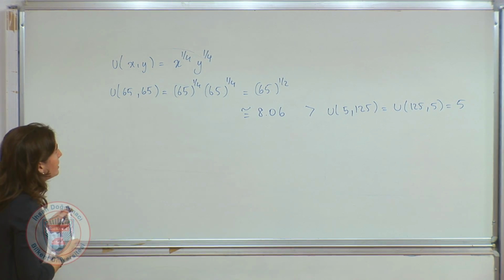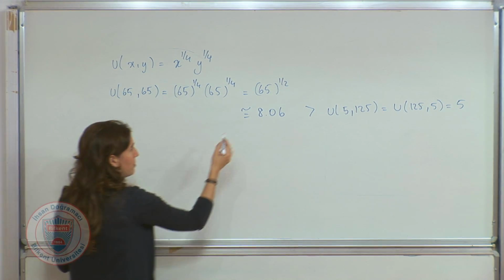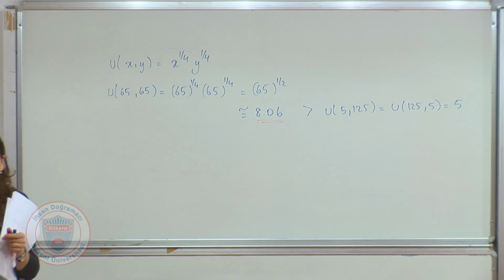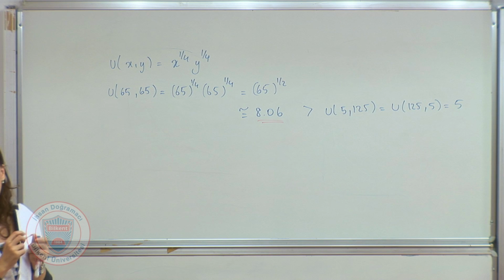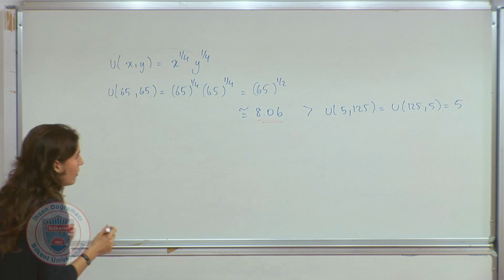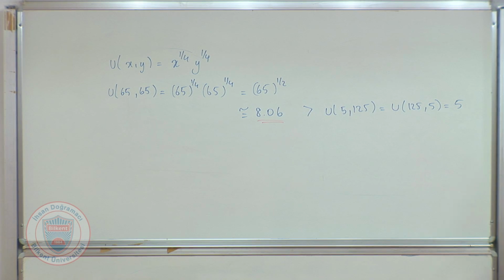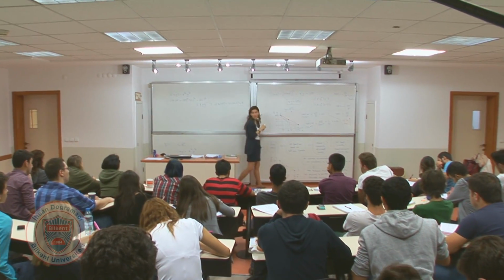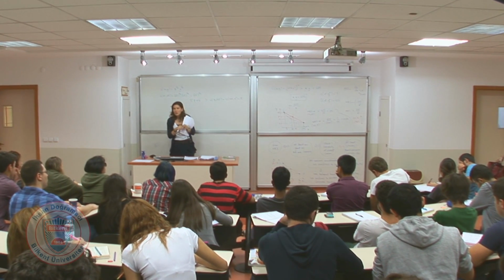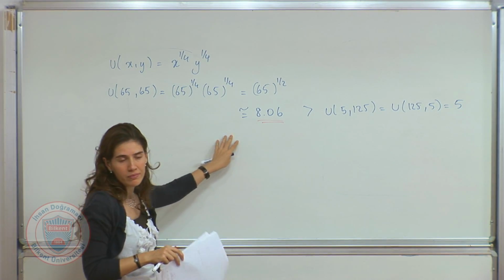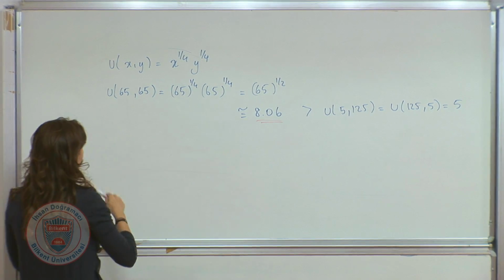So you see that the midpoint is actually providing more utility. But of course, if you need to check, you have to check all the convex combinations. And all the convex combinations of this guy and this guy would yield more utility. Okay, this is what you would find. So you see that all these things that we talked about, you can actually check, right? But don't forget that,